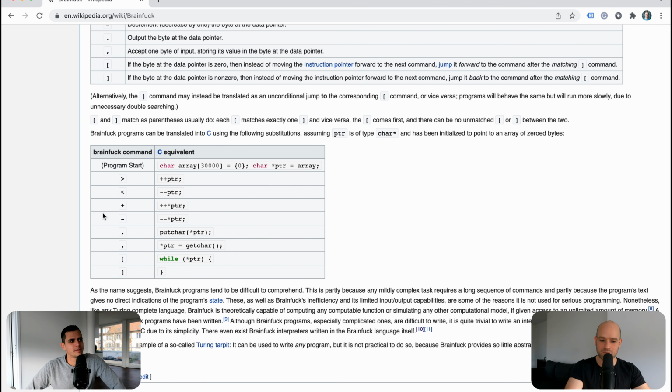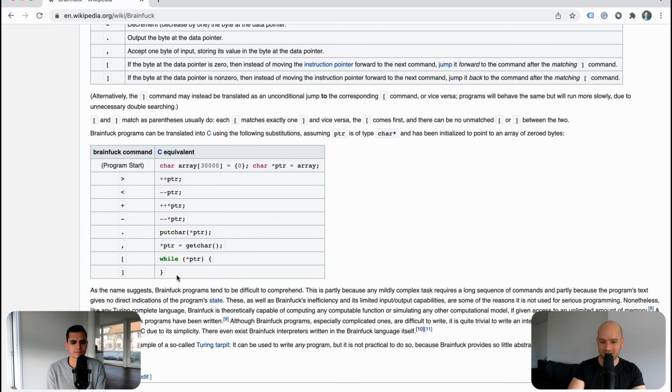Yes. So very simple. You have some input, you have some memory, and you have an output. And the program can contain 8 commands. So here you move the pointer forward in memory. Here you move it backward. You can increment the value in memory. You can decrement the value in memory. You can output the value that is in memory. You put it into the output. You can get the value of the input, and you can do a while loop. Okay, so 8 commands, but you can build anything on top of it.